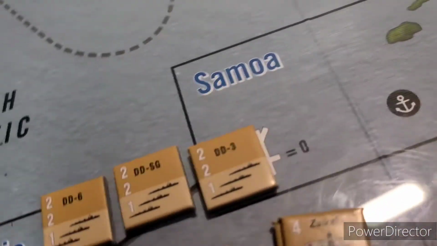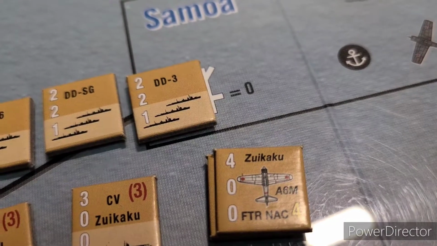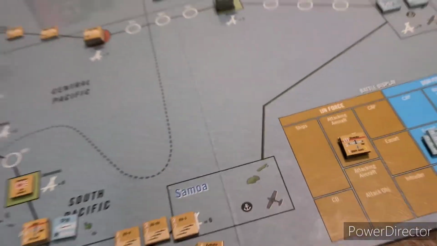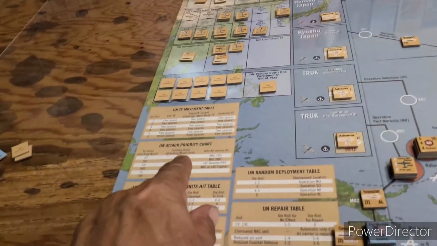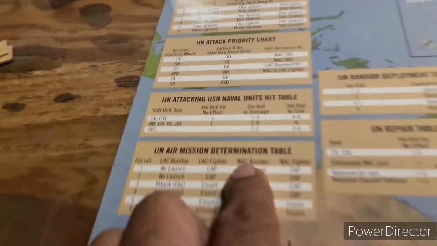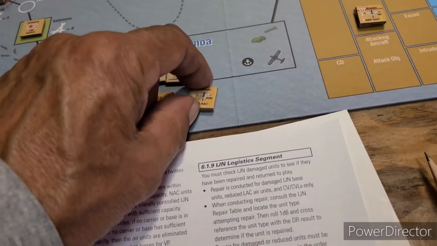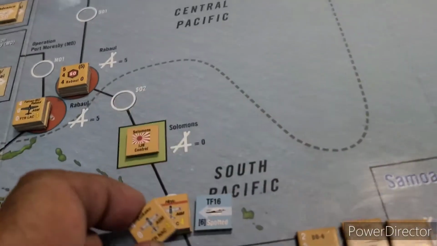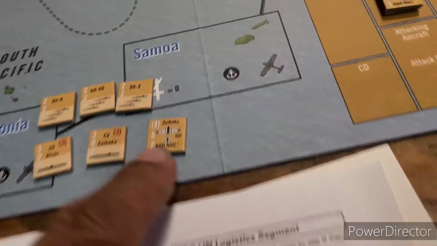Now for the, how do we pronounce that? Zuikaku? Zuikaku's fighters. Oh, naval aircraft fighter with a 1. I don't think that does anything though on the fighter aircraft. Naval aircraft fighters with a 1 is a cap. So he'll be performing a cap mission also over his task force. Next,